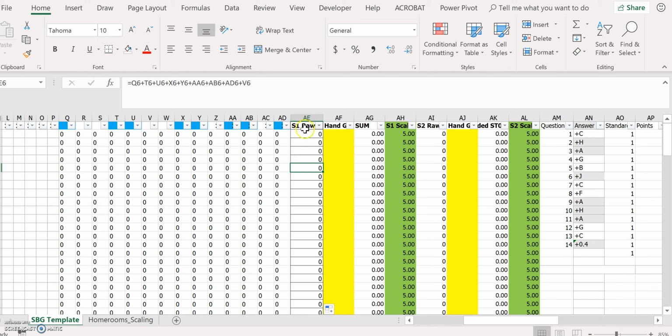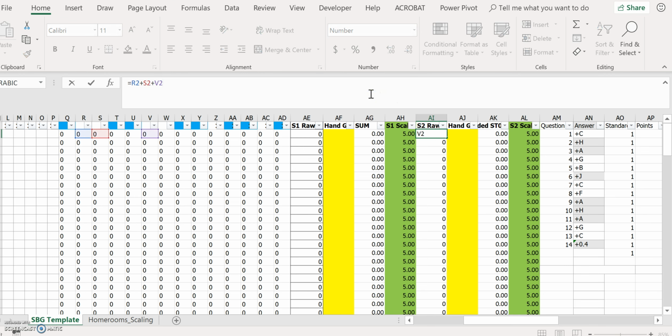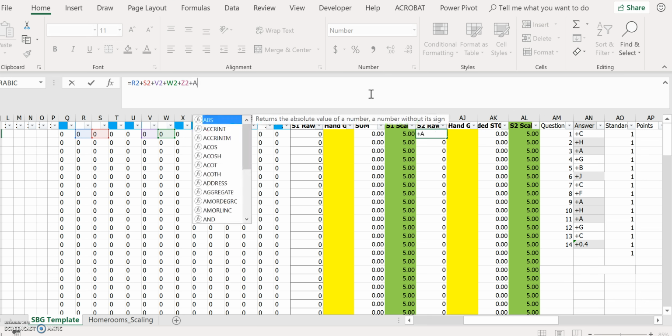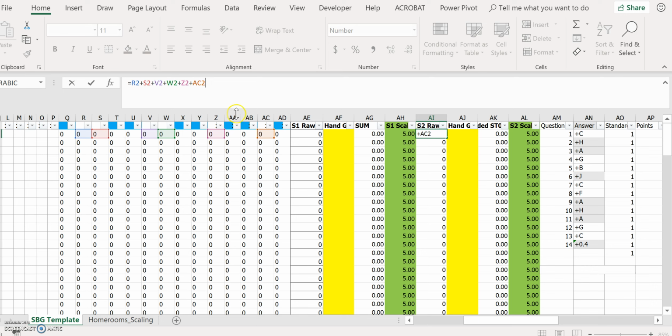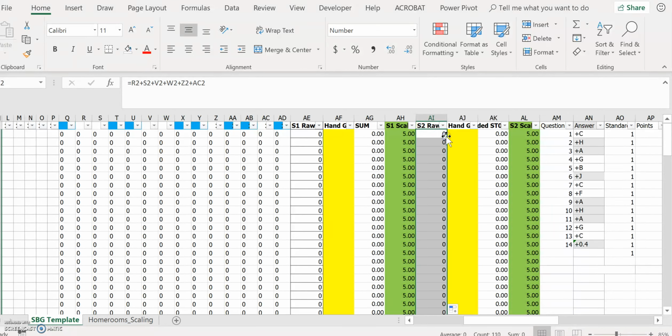So you just did that for the first standard, then you want to go over and double check that your second standard is accurate. Now you can see that there's some other ones I need to add in, so I would say plus W2, plus Z2, plus AC2, and if you can't tell, I'm getting these letters from the column names, and then the 2 is coming from the fact that I'm talking right now about the second row. And once I hit enter and I copy my coding all the way down,